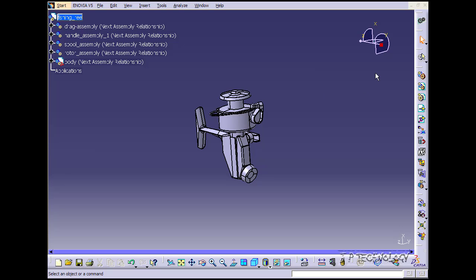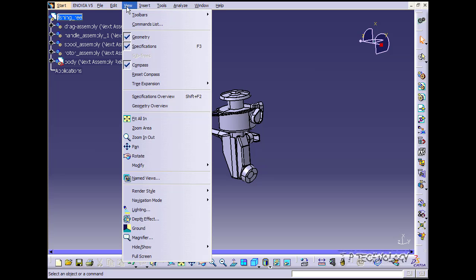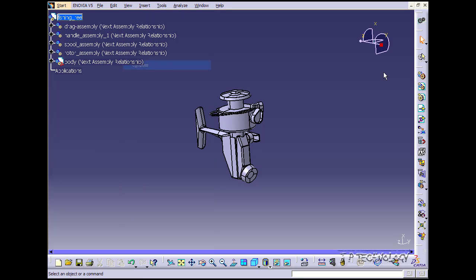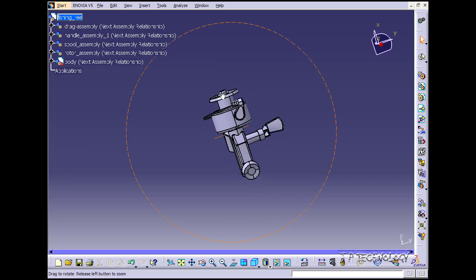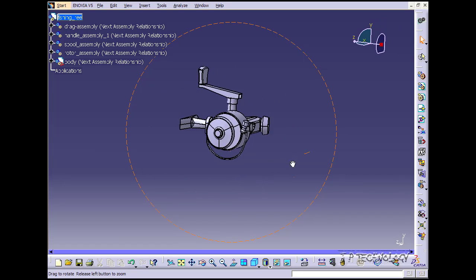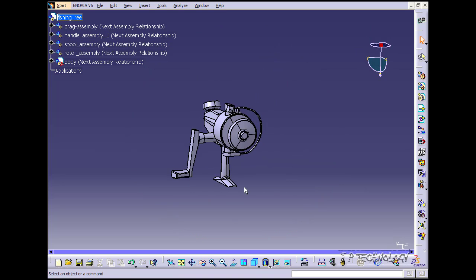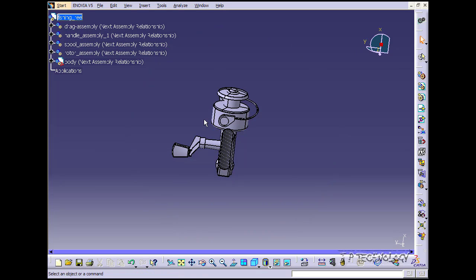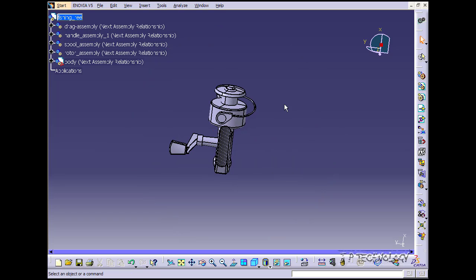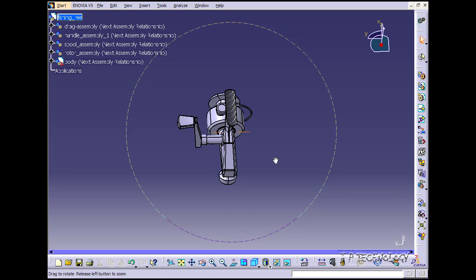CATIA V5. Now, this guy here is your compass, and you can turn him on and off if you go to View, Compass, and to turn him back on, get the check mark back, and he's back. Now, if we go and look, when we rotate this object, you can see that the compass also moves. So rather than using the mouse and moving around and panning around and whatnot, you're also able to just use